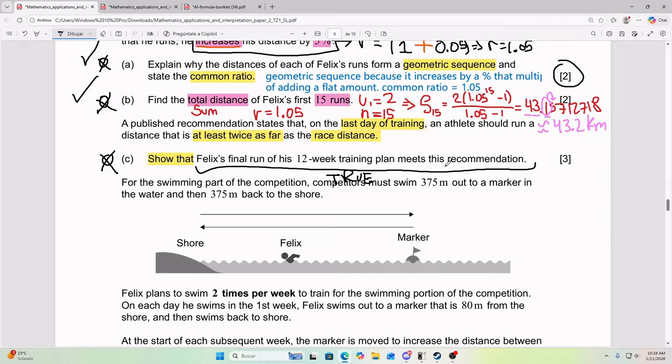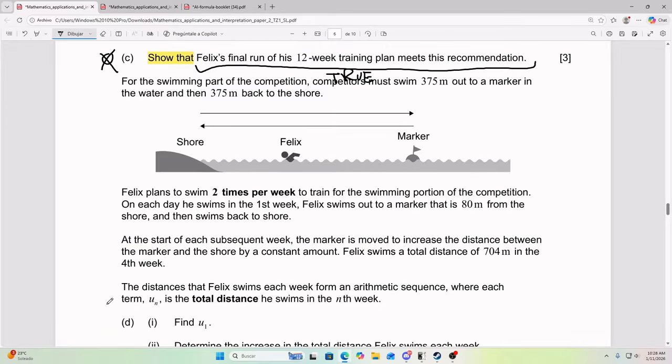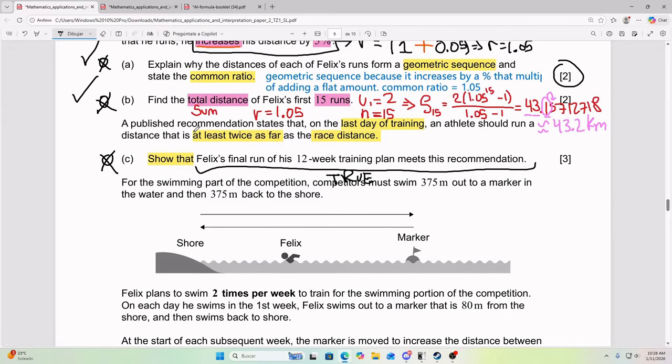Which in this case, it's not particularly useful, but maybe for some other exercise, knowing that this is true can unlock something for part D. Not in this exercise, but it's important to know that "show that" is basically "prove that this is true." And so it's telling you that it's true, and you can use that information for part D. Anyways, show that Felix's final run of his 12-week training plan